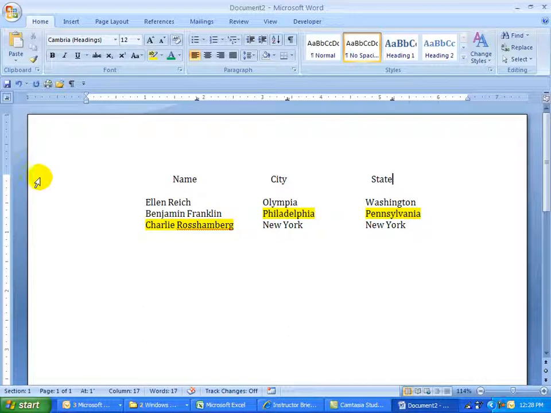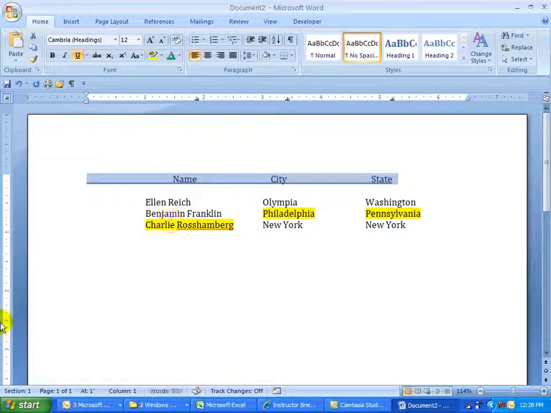Now if I want to underline these 3 column headings, if I select the whole row and go Control U, do you see how it's underlining not only the text but the spaces in between and before? So this is not what I want to do. I just want to underline those. I'm going to hit undo,